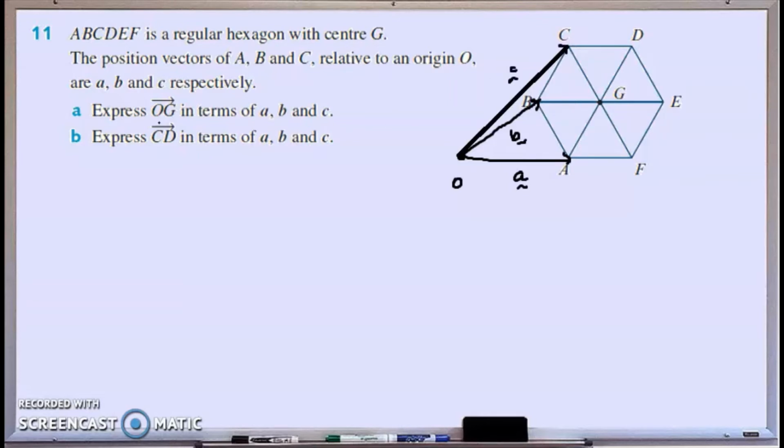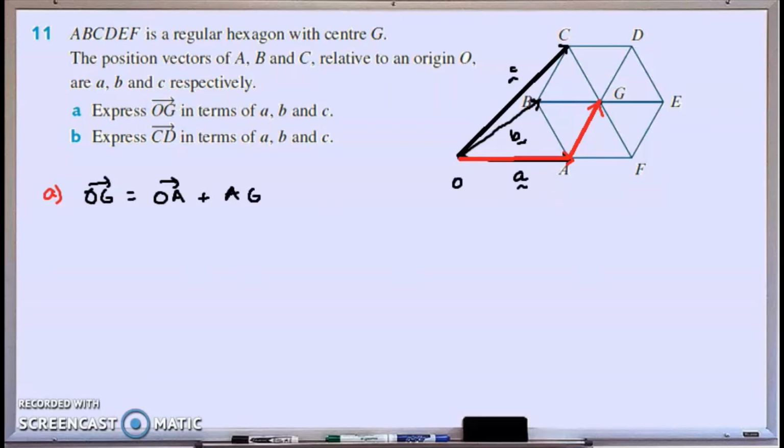Now, I have to express from O to G in terms of A, B, and C. So what I need to do is find out how I can move from either A to G and make a sum. One way I can do this is by moving from O to A and then A to G. And I can express that both visually, geometrically, as I've done, or algebraically. So OG is the same as OA